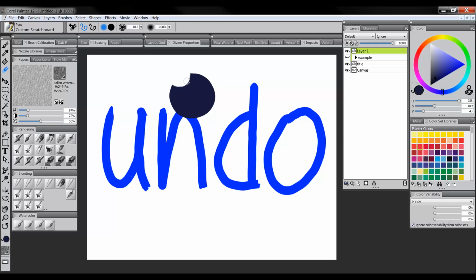But our eraser might not always be the best tool. We could also use one of the distortion tools to manipulate our shape and stretch it out and change it in different ways. So you don't always have to work additively, you can work subtractively. You can subtract from your shape or from your image to get the shape that you want, rather than try to draw that same shape